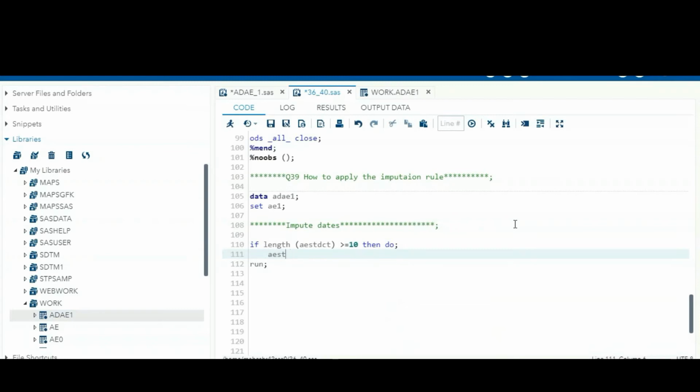The first one is the AEST year part. For the year part I am stripping and taking the substring of AESTDTC, number 1 comma 4.